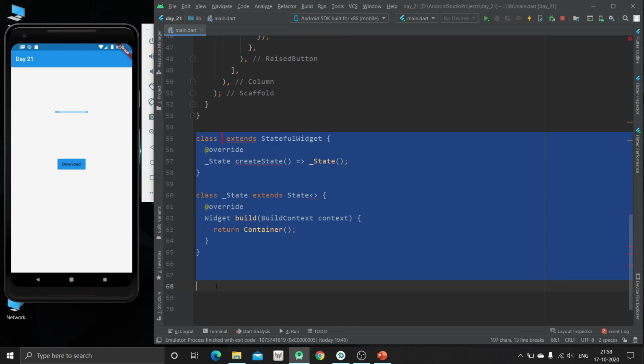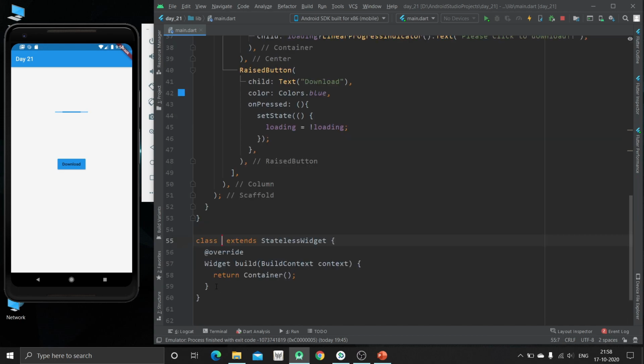So I am going to create a stateless widget. This will be CircularProgressBar, and here again we will just return one container.